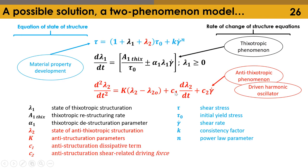dissipatively, frictional-based dissipation, which is related to the time rate of change in strain, and in this case, a structuration-related strain, and then that could be driven by some sort of driving mechanism, and in this case, the driving mechanism is related to